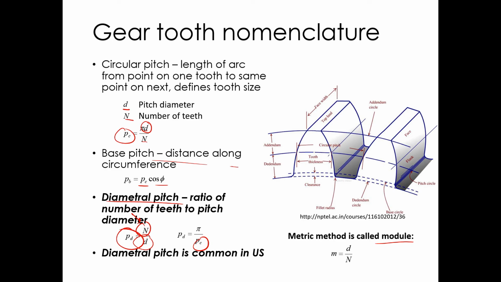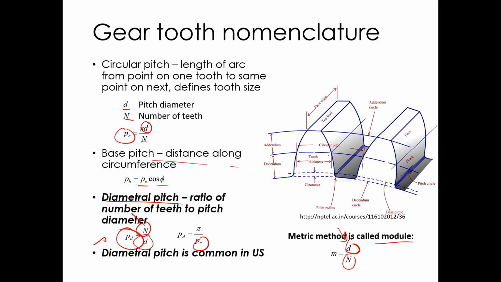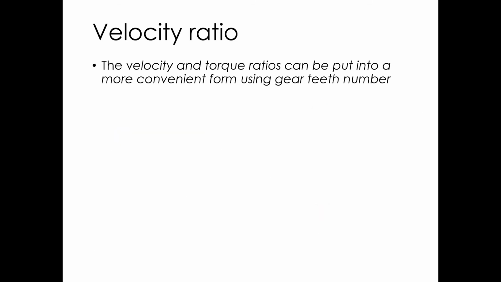In metric, it is obviously the opposite, where it's the diameter in millimeters divided by number of teeth. So which one's better? There's not anything better here. So sorry, metric snobs, they're equally bad or equally good. They basically are just the inverse of each other. So there's no inherent improvement in one versus the other. These don't have any kind of units that are called out in metric. Here it's millimeters per tooth. Here it's teeth per inch. So we can use the diametral pitch to relate, we can use number of teeth to find velocity ratio, which